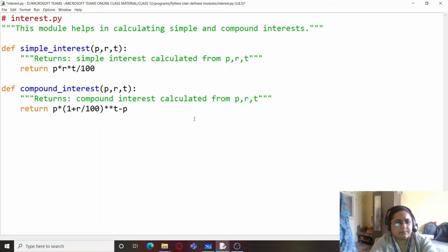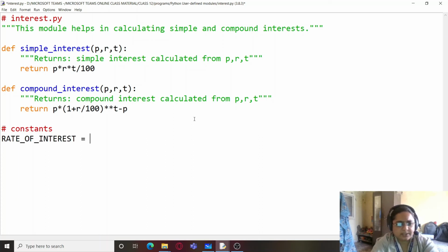So this is the compound interest which is being returned, and some constants. I'm just taking over here rate of interest, which is say 12.5, and time period, say 4 years.